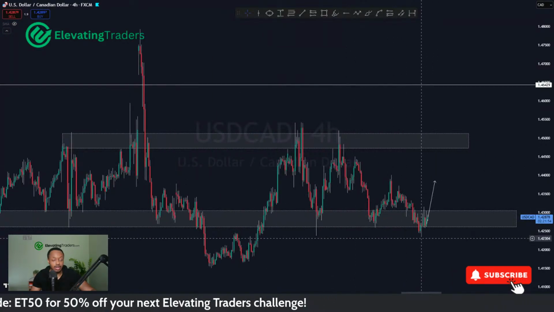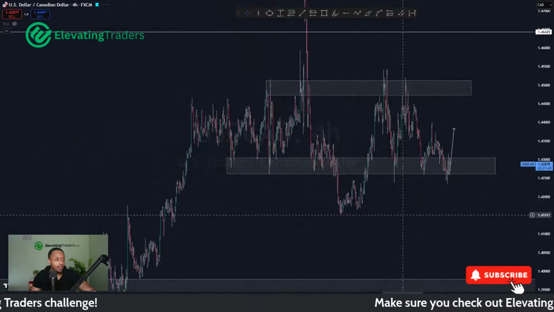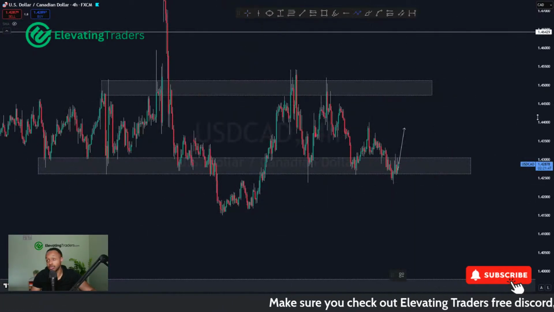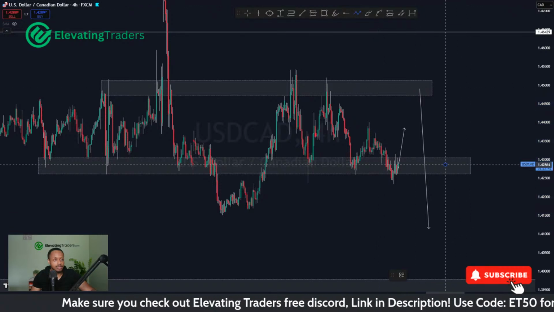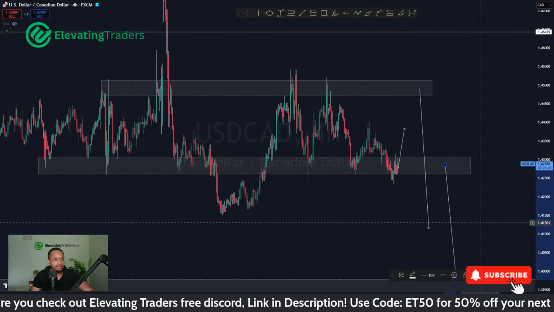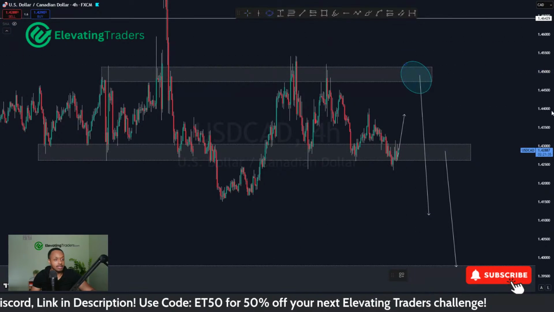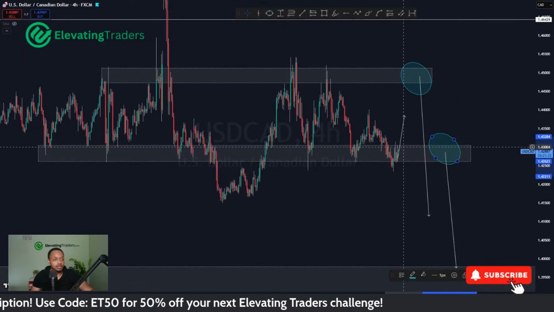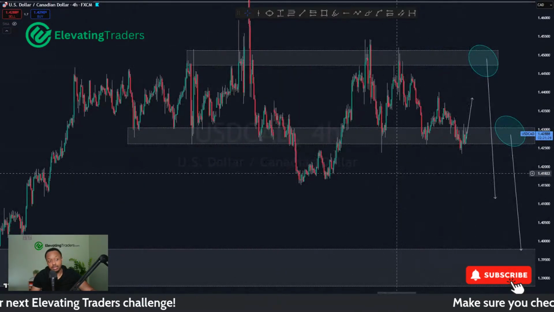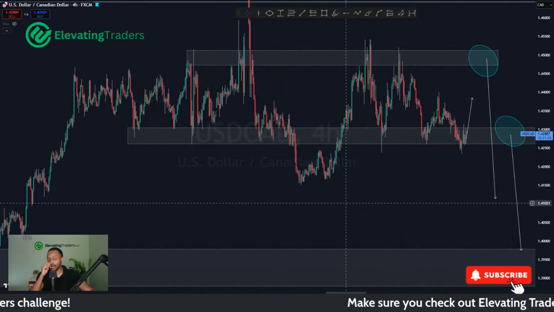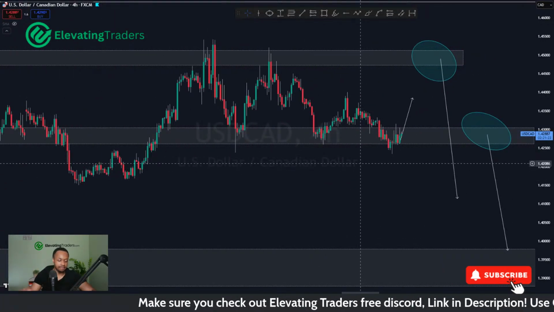I think stops below that low, actually a nice place for a stop loss, and you might catch a nice reaction. I'm already too interested with the short, so I'm not really looking for a buy because I think the bigger move is to the downside. So I'm just going to focus my efforts there. But these are the areas I'm looking for selling opportunities. So see if we pull back into the high or we have a break and retest. At the moment, still support is holding, so we might see a bit of a bounce there. But not as interested in that opportunity just yet.